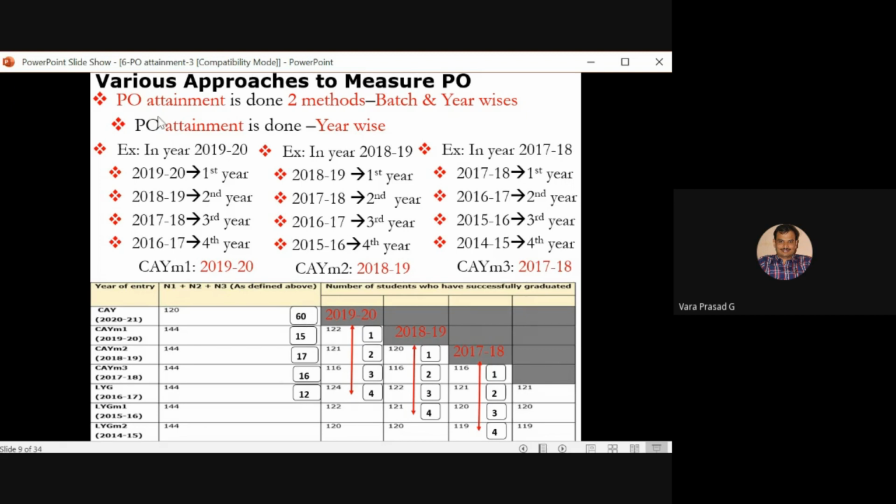Now, while calculating the PO attainment value, I will take all the 60 subjects from first year to final year. By considering all the subjects, by considering these students, I will do the PO attainment value. This is the way I will do the attainment value of the PO. This is called year-wise attainments.